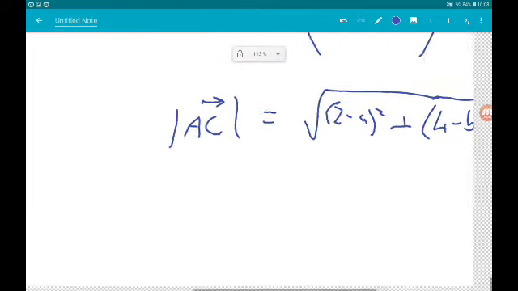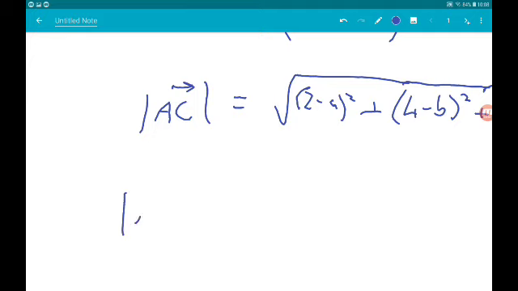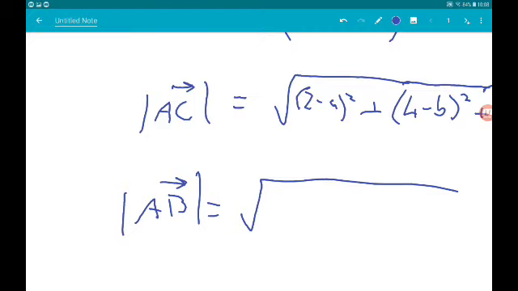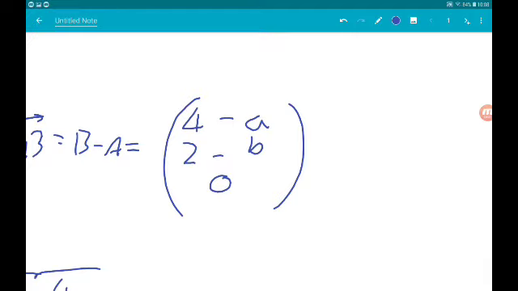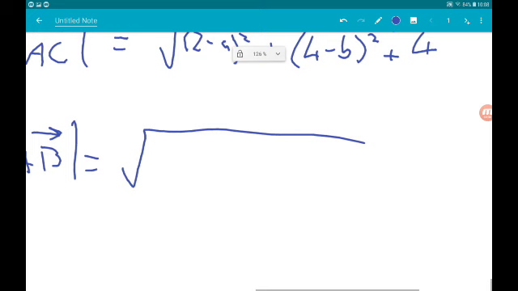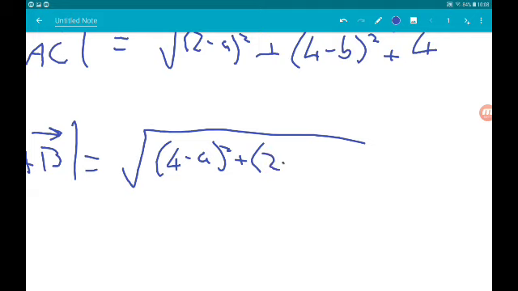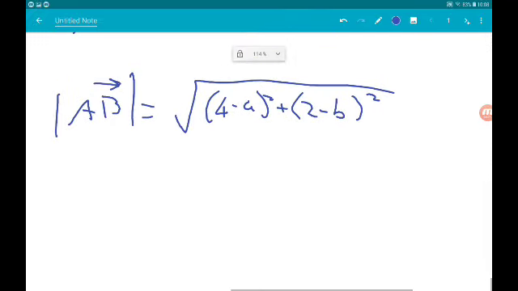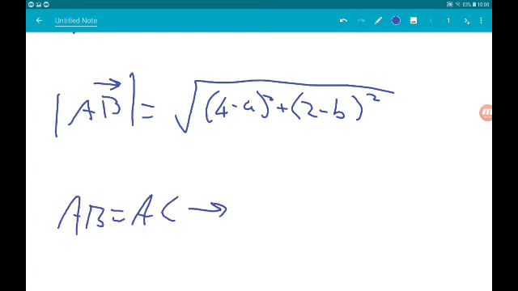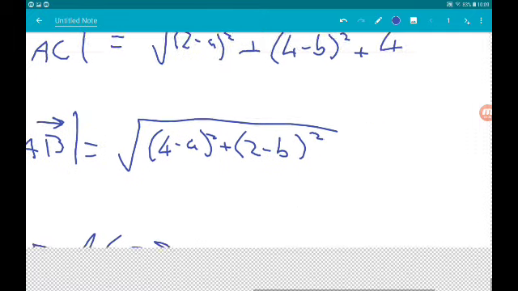Now the magnitude of AB is the square root of (4 minus a) squared add (2 minus b) squared. Now we know that AB is equal to AC, so that means